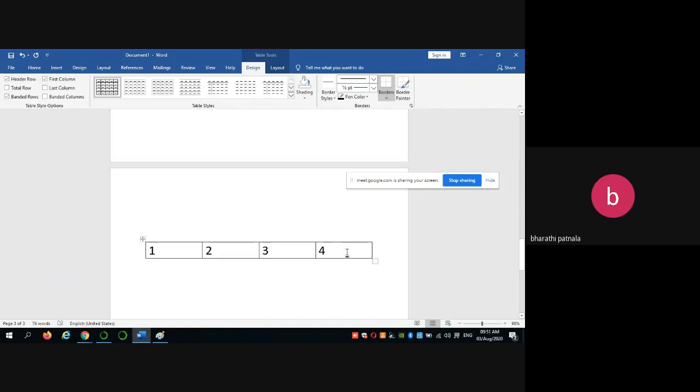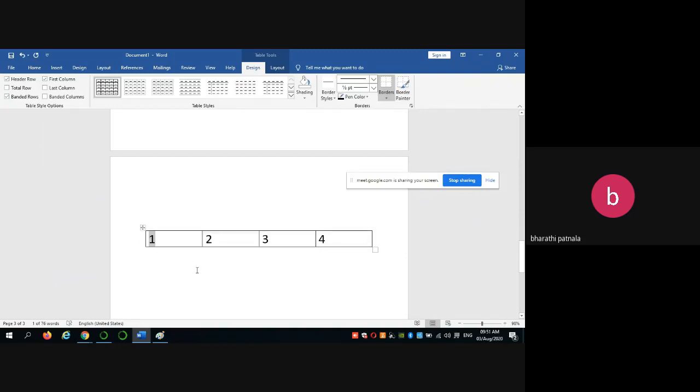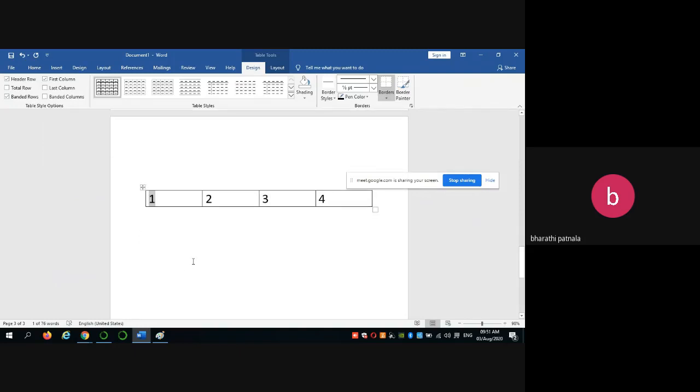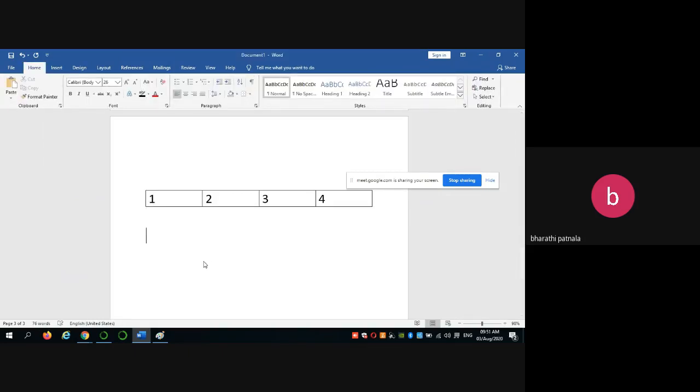So this is units place, this is tens place, this is hundreds place, and this is thousands place. So you don't know how big a number you will give. Okay, so that's why first retrieve the remainder. So in 1 2 3 4, retrieve the first remainder 4.